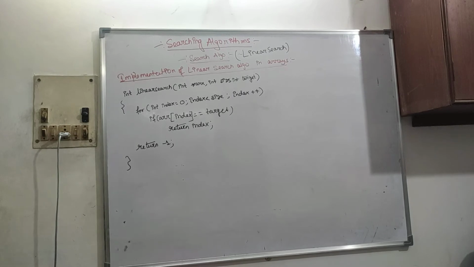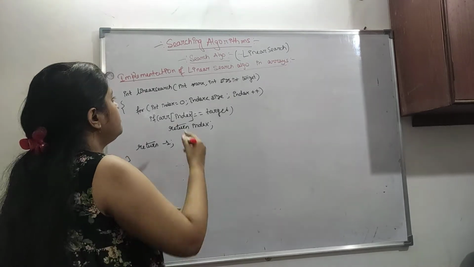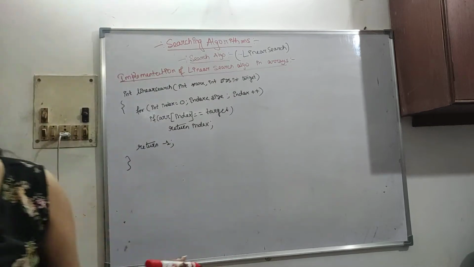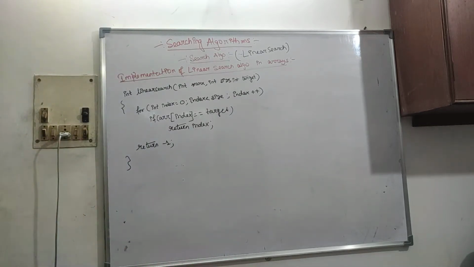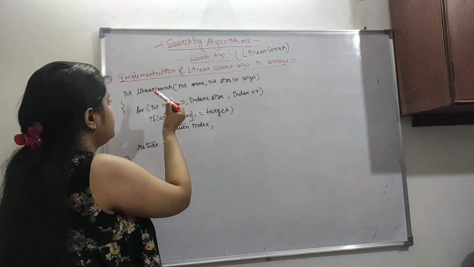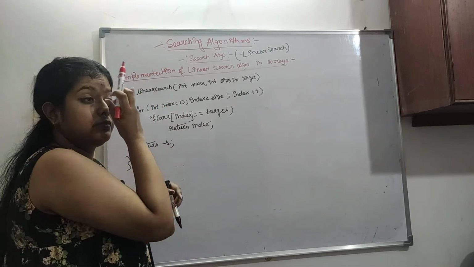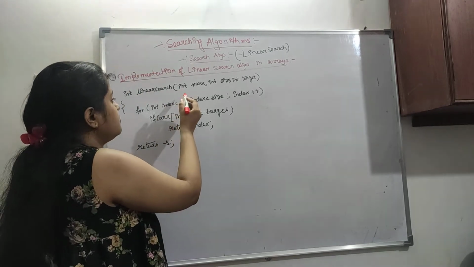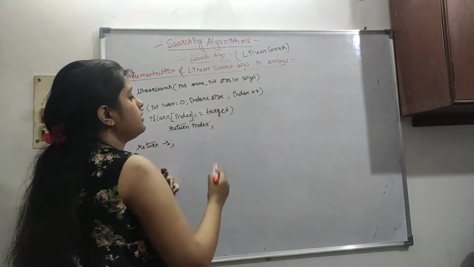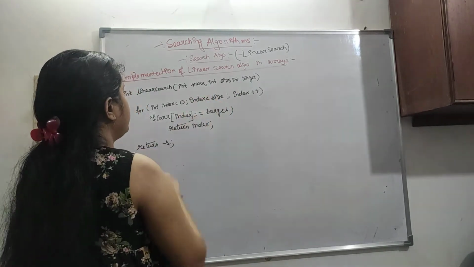Now let's see the function code here. This is the implementation of the linear search algorithm in arrays. Here, in an array, let's see how it is implemented. So in linear search, this is the function code. The function is of integer type, int pointer is taken, int size, int target. These are the variables taken.